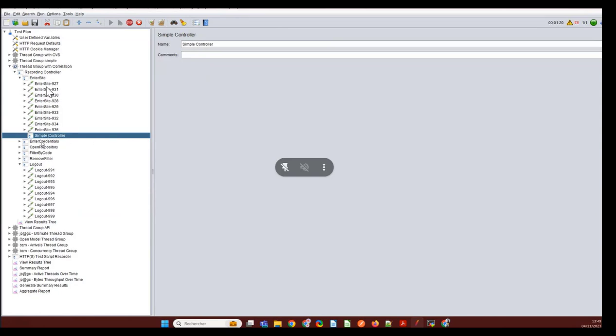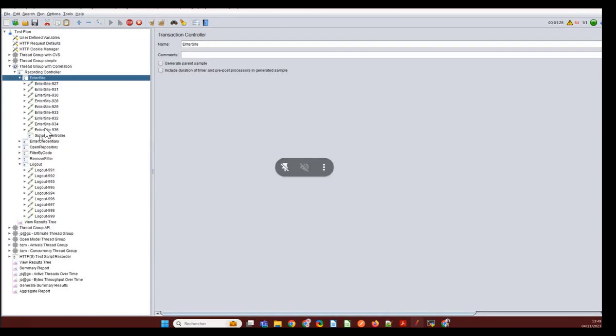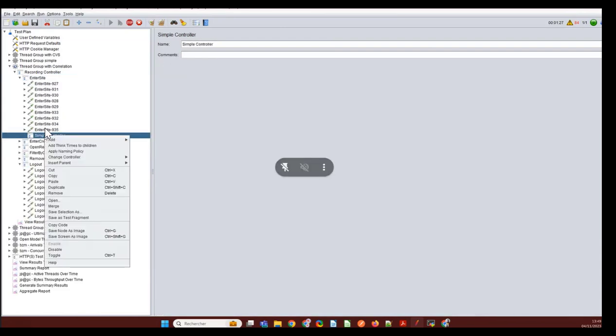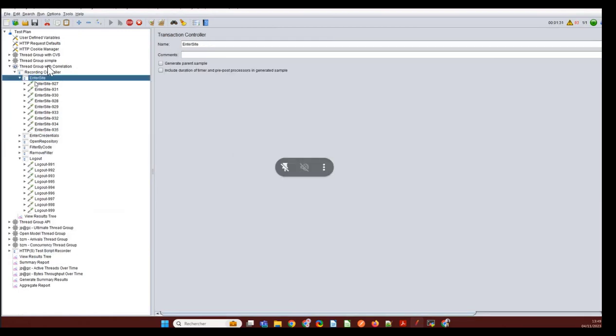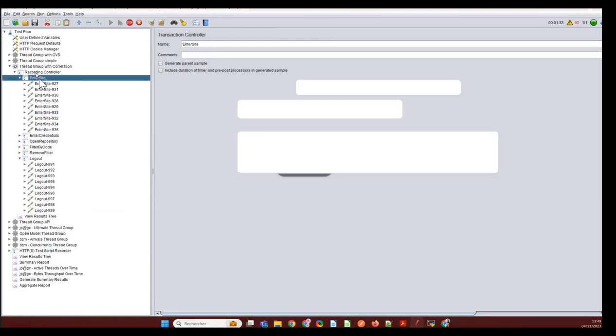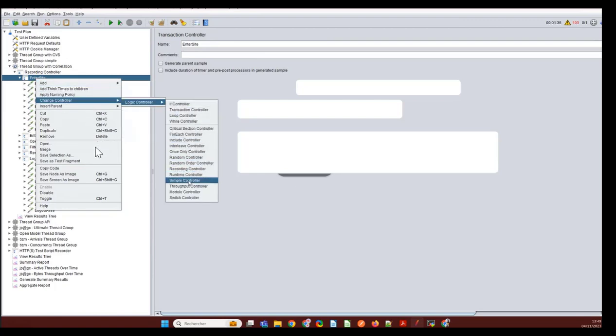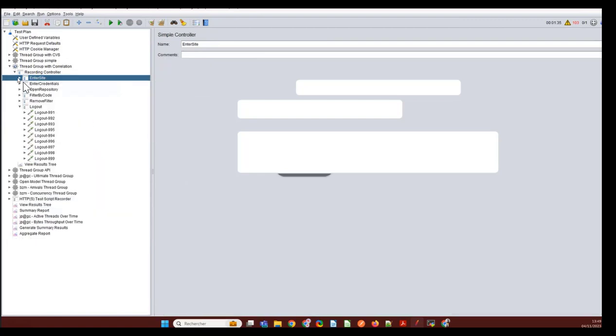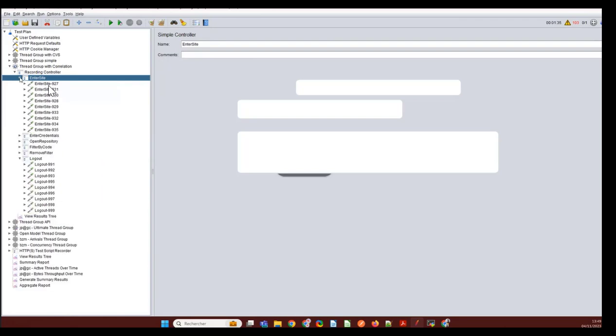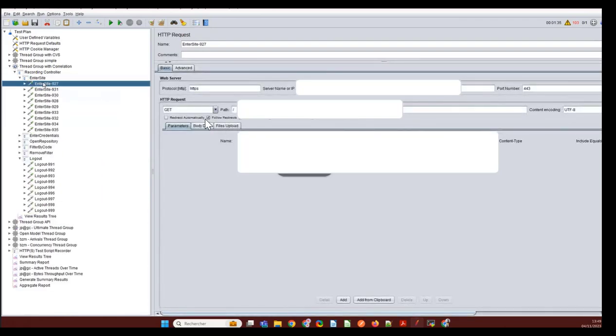Okay, I think it's added. Okay, you can remove that simple controller. Yeah, just remove, and change it to simple controller for the enter site. Change controller, to logic, simple. Yep. And then can you expand it again and select one of the requests, and can you